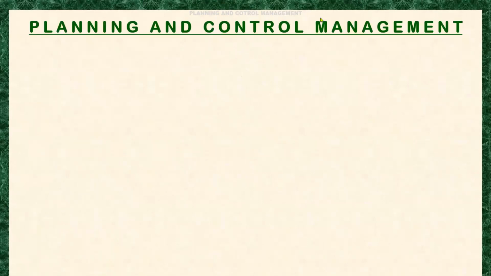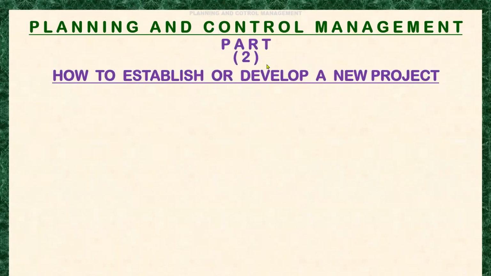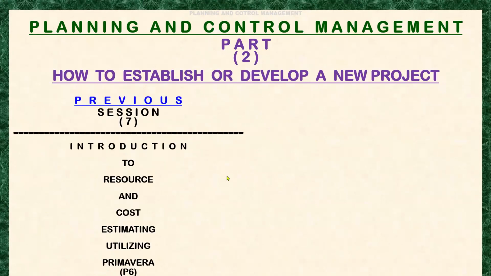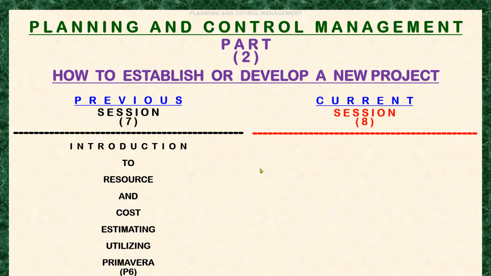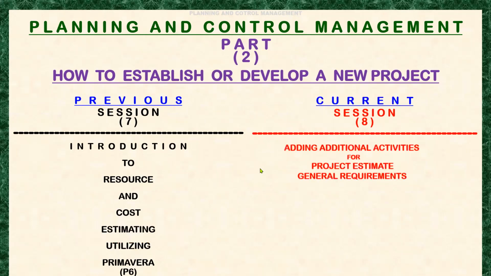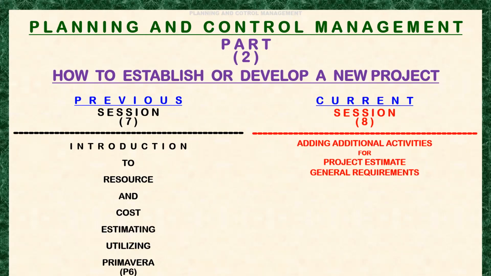As usual, planning and control management, part 2 on how to establish or develop a new project. This is our previous session 7, Introduction to Resource and Cost Estimating utilizing Primavera P6. And this will be our current session 8, to include adding additional activities for project estimate general requirements,